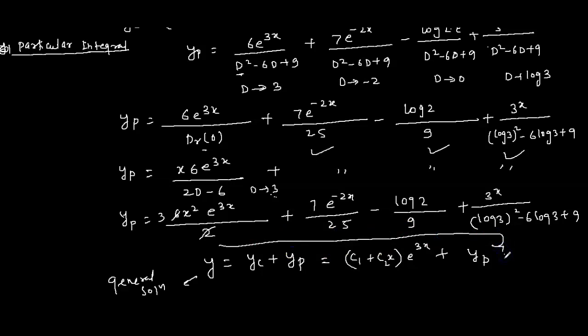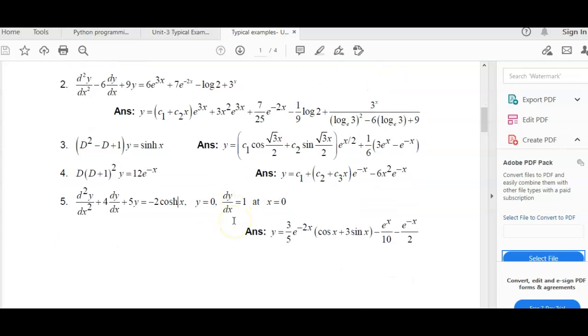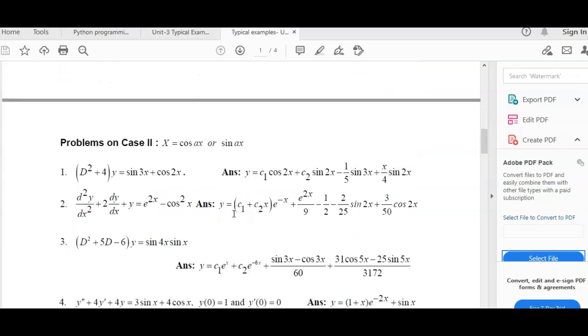Getting? Yes, sir. So this is type 1. This one, all questions you can do it. Which one, hyperbolic, is given? This one, cosh is given here. So just replace it with e to the power x minus e to the power minus x by 2, and then write the cos formula and replace D accordingly. And the condition which is given, you also have to substitute it to get the values of c1 and c2.